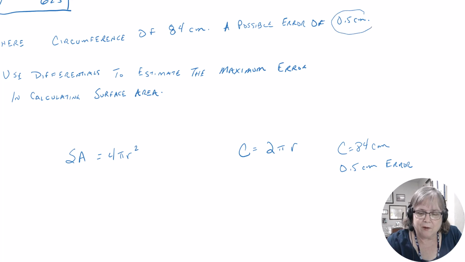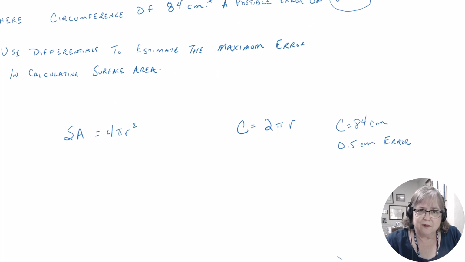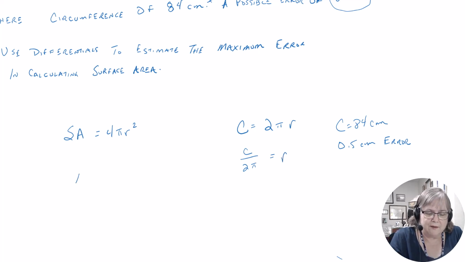Now, this error is not an error in measuring the radius. It's this error right here, and it refers to the circumference. So I'm trying to compute the area based on the circumference, not r. All right. So I need to get from r to the circumference back to the surface area. So r here is the circumference over 2 pi. And I can substitute that in over here. And let's just call it A. The A is 4 pi, r is the circumference over 2 pi